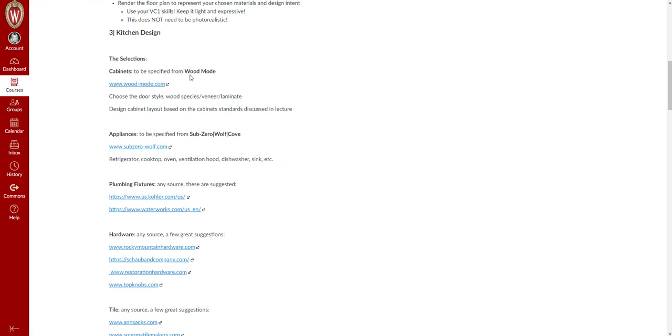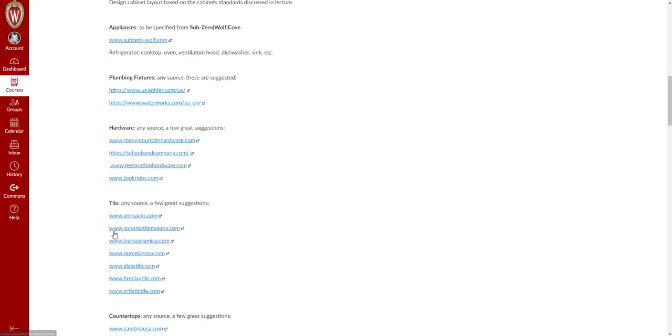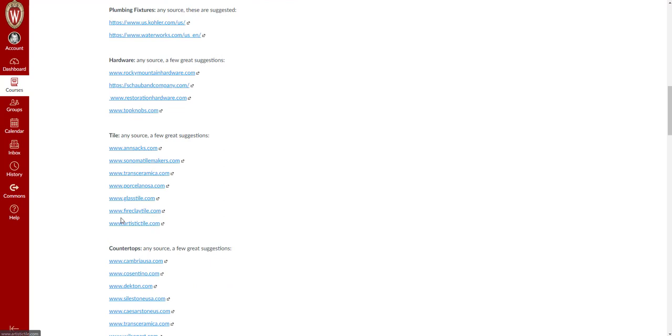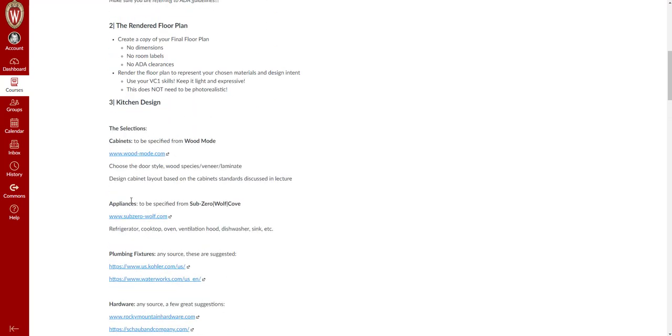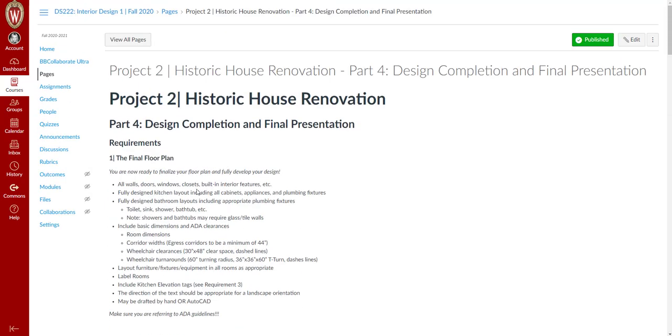We'll be looking at Wood-Mode. Appliances will all be coming from Sub-Zero Wolf Cove. And then for plumbing fixtures, hardware, tile, and things like that, there are suggested manufacturers to look at. So again, the cabinets will be from Wood-Mode, and the appliances will all be from Sub-Zero Wolf Cove for this project. Again, this is all listed under the final requirements for the project,